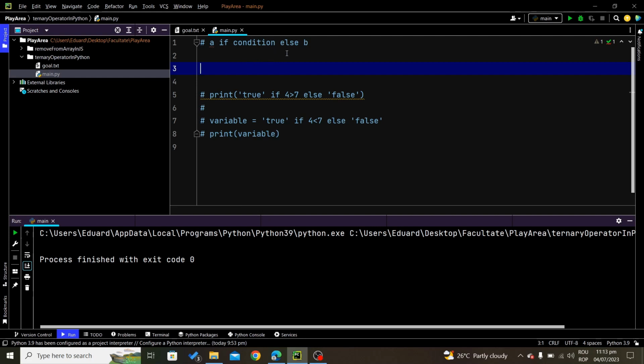And in Python the structure is like this. We have the condition, and if the condition is true we return A, if the condition is false we return B. So to show you some code for that,